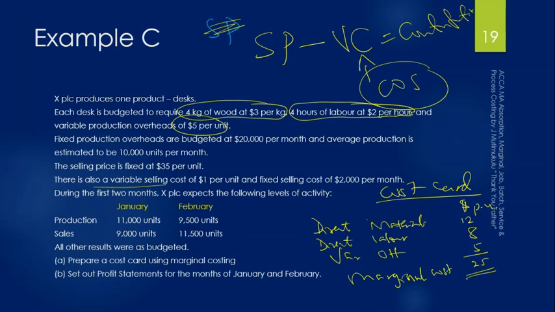The marginal cost per unit, all right? That's that one. Or the total variable cost, that's that one. Now when we do this, we then have to come up with the income statement, all right? But we can also proceed further to come to the standard profit per product, as we did in our absorption costing